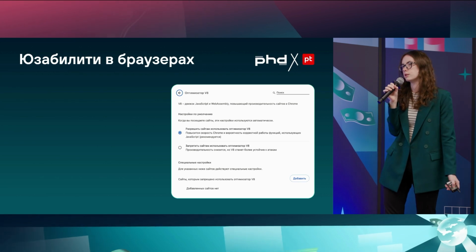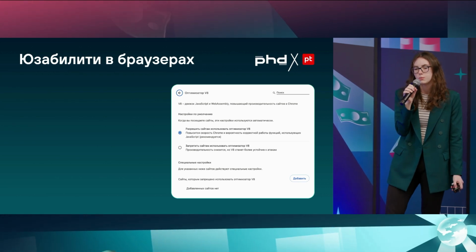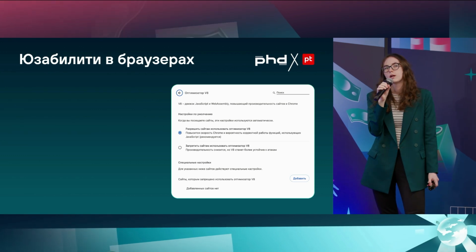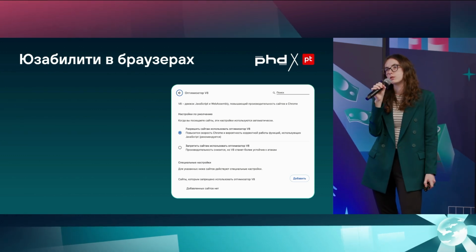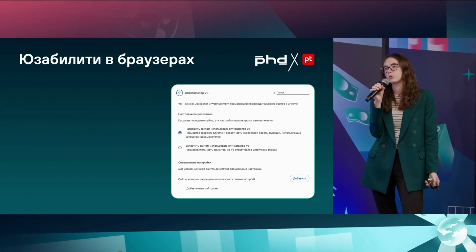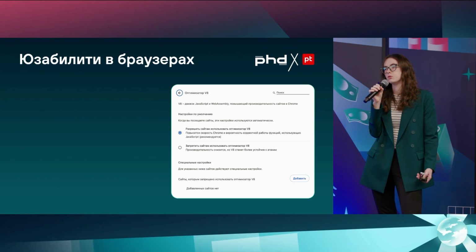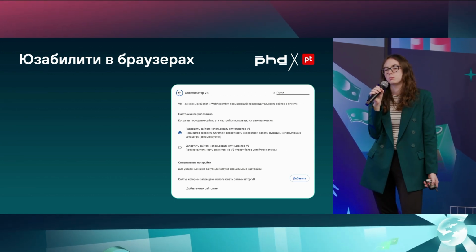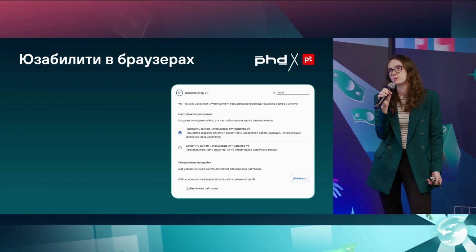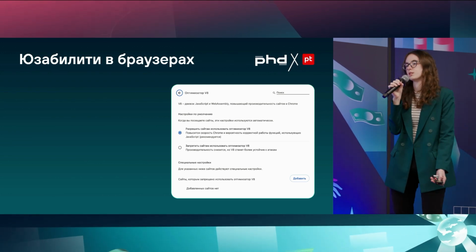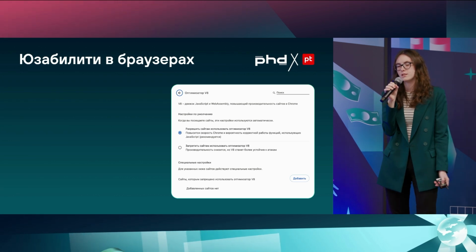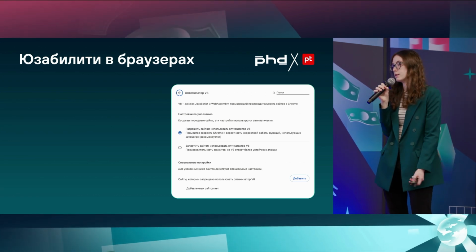Next, I want to talk about usability in various products, in various situations. The first thing I'll talk about is browsers, because browsers are the tool that we all use to work with the internet. And for me personally, that was the first step of dealing with this internet, which is full of danger.